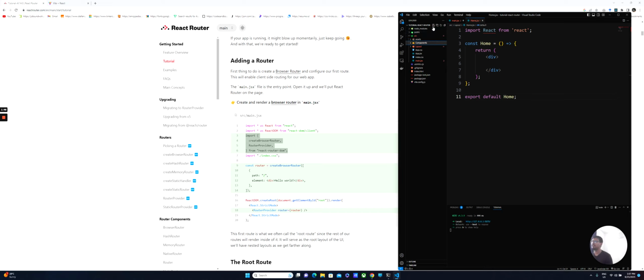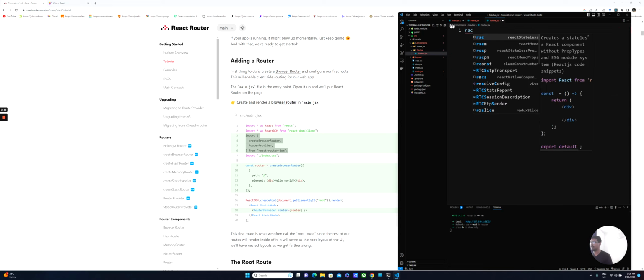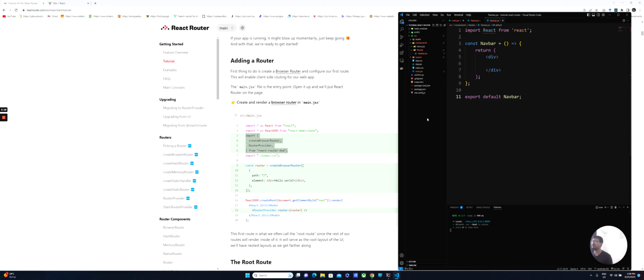Under components, we're gonna create another folder named home, with home.jsx, and we're gonna create another folder called navbar, and inside navbar we're gonna create navbar.jsx, type rafce, save, and then inside components we're gonna create another folder, name it suppose footer, and under footer we're gonna create footer.jsx,